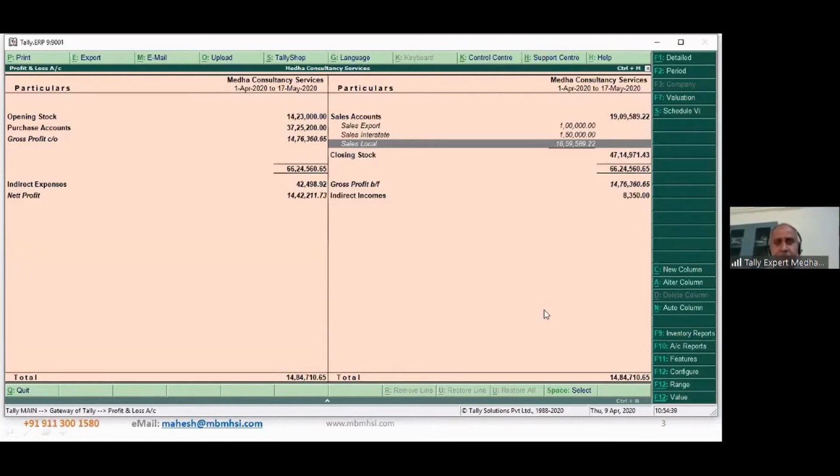Right? Now assume that you need sales ledger by product or by brand. Say example, sale of food products, sale of washing machines, sale of televisions, sale of whatever, the telephones, mobile phones.